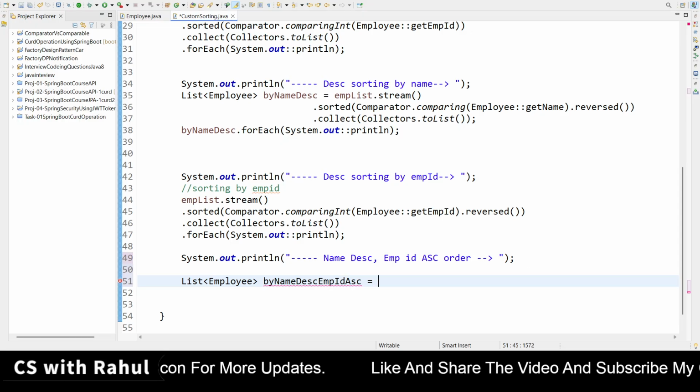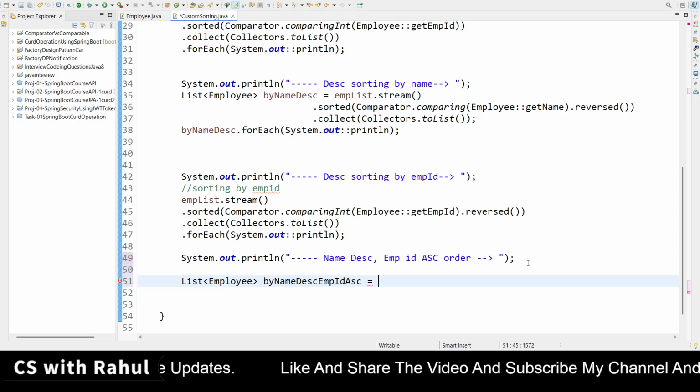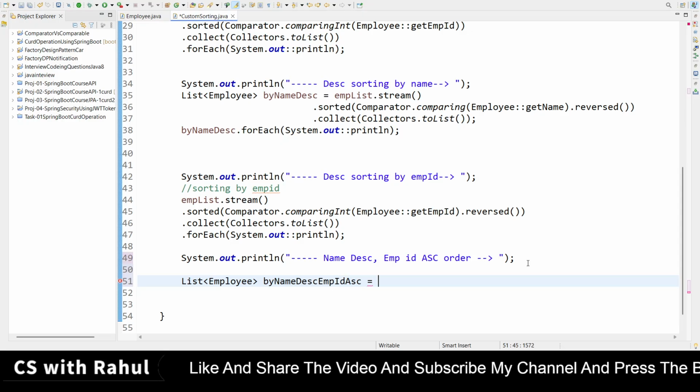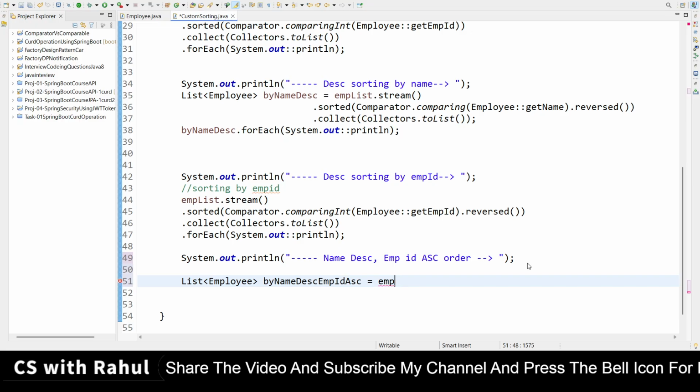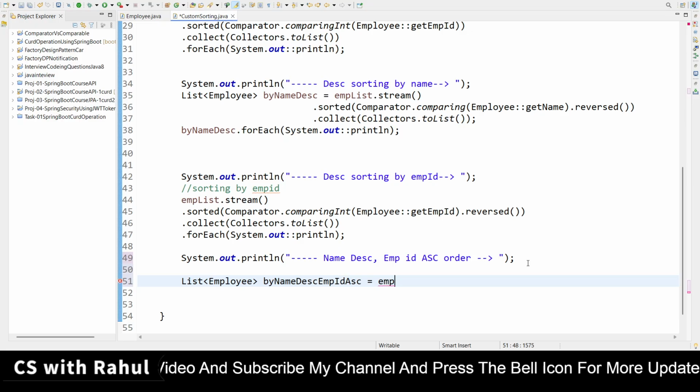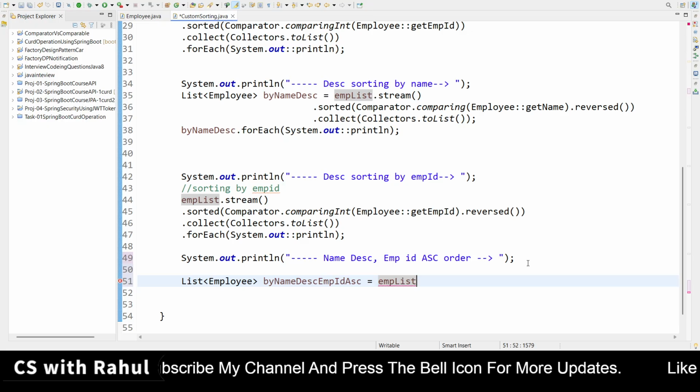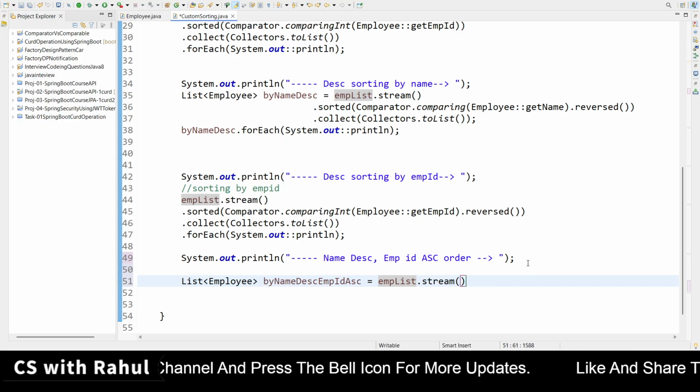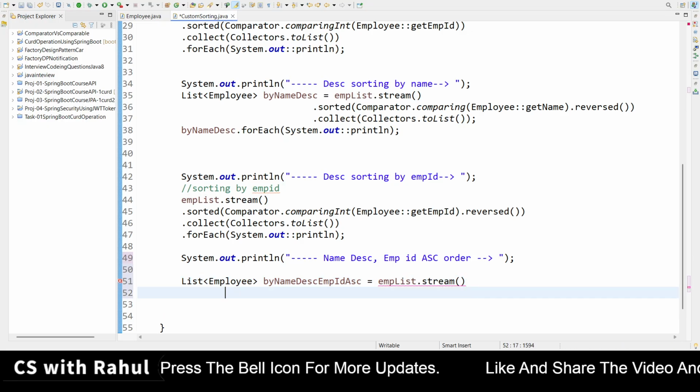On this basis you have to sort it. So what is the first step? First you have to create the employee list dot stream, because we are using the Java 8 stream API. So we have to create one stream.